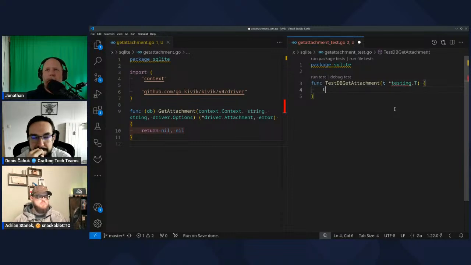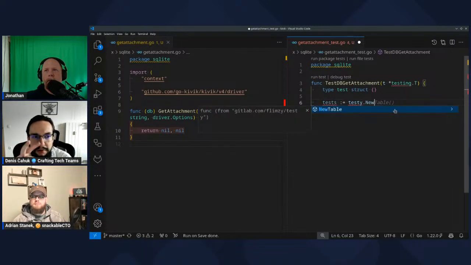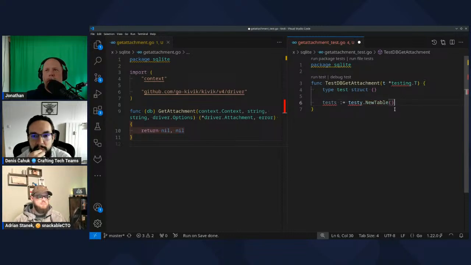Now I have a helper library I've written that I'm going to use for this too. I'm just going to create an empty struct right now, and we'll fill it in as we go. I'm using a pattern called table-driven test, which is very common in Go.